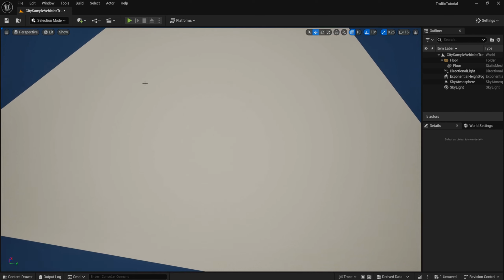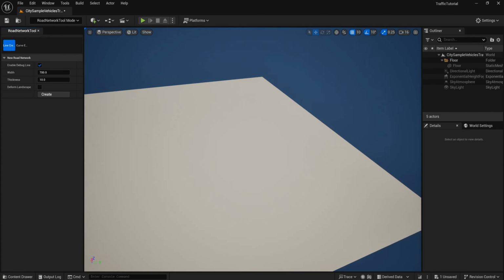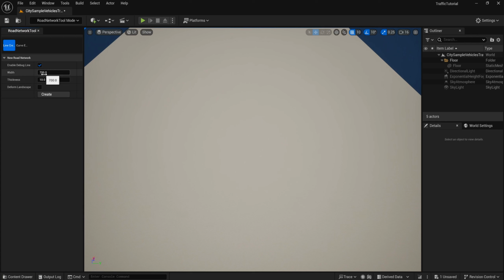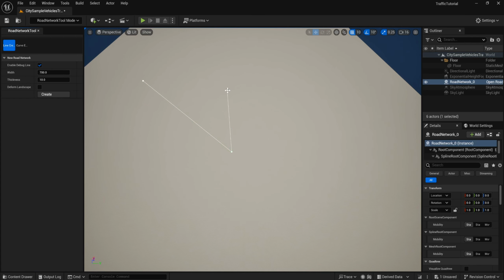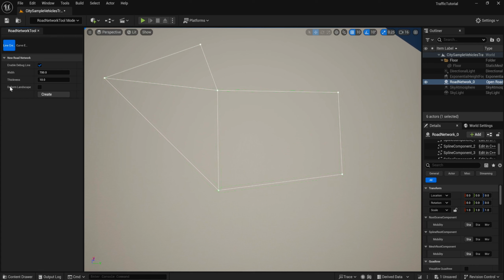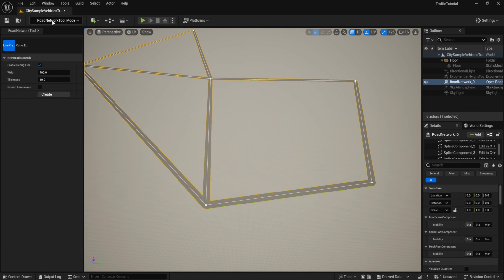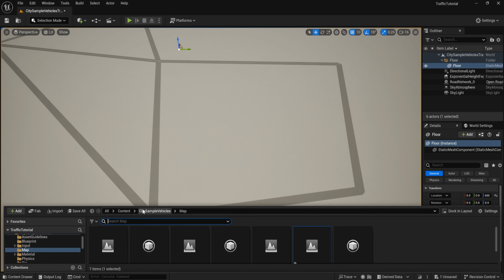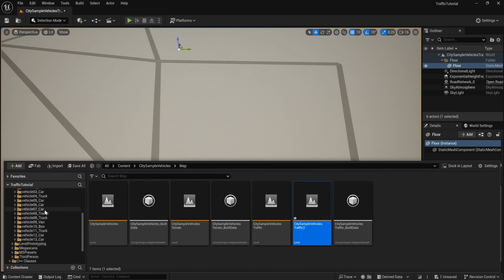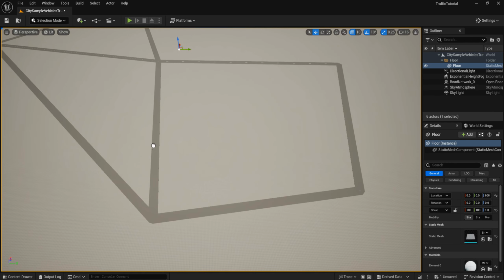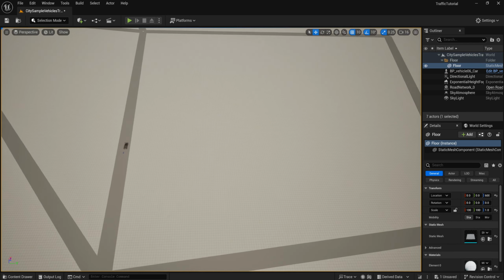And we create this road network on this floor. Next, click create, add a vehicle set, and we play